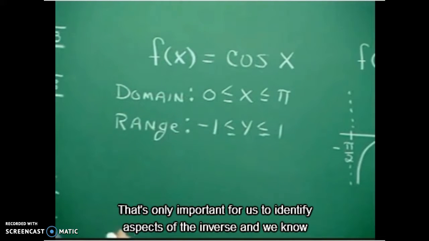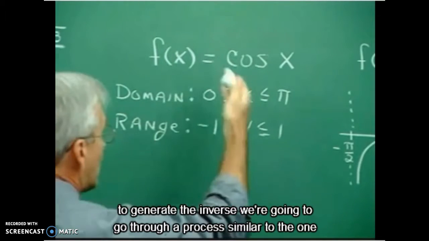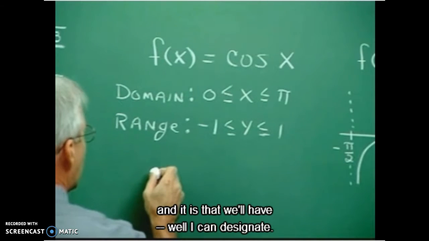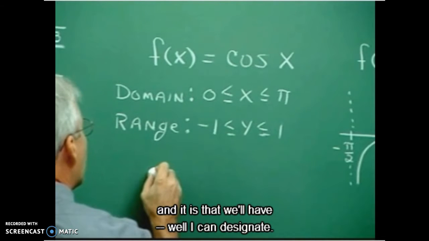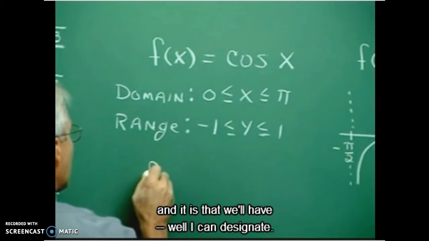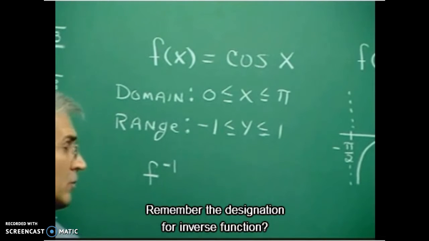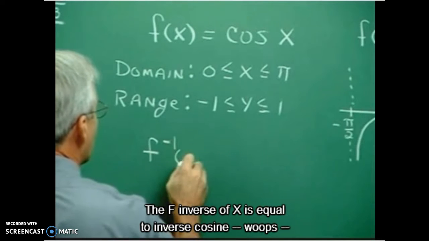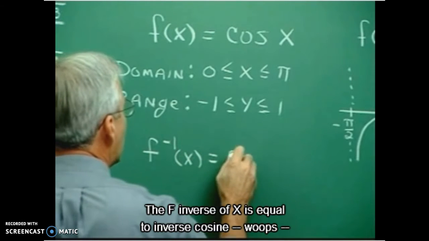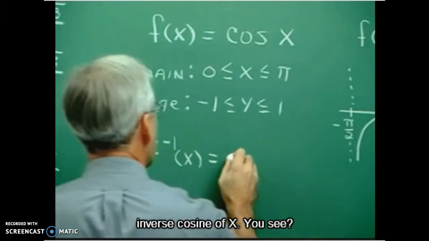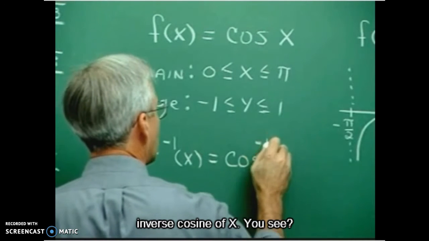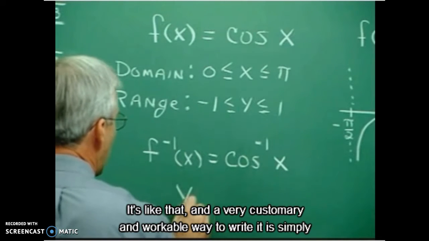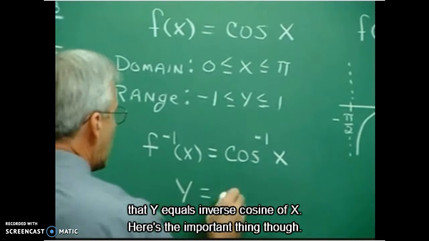That's only important for us to identify aspects of the inverse, and we know to generate the inverse, we're going to go through a process similar to the one that we did with the sine function. I can designate, remember the designation for inverse function, it was this. I didn't use it over there for sine, but I certainly could use it, that f inverse of x is equal to inverse cosine of x. You see, it's like that, and a very customary and workable way to write it is simply that y equals